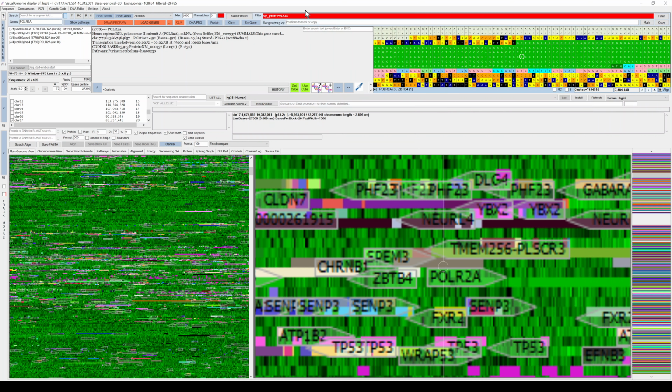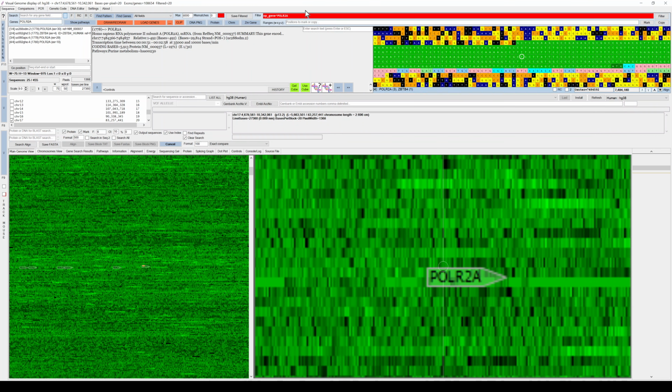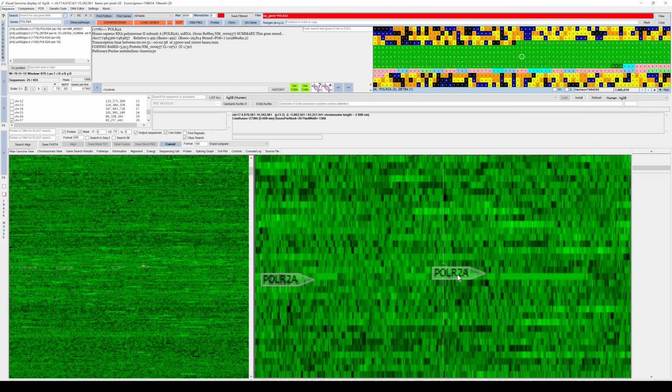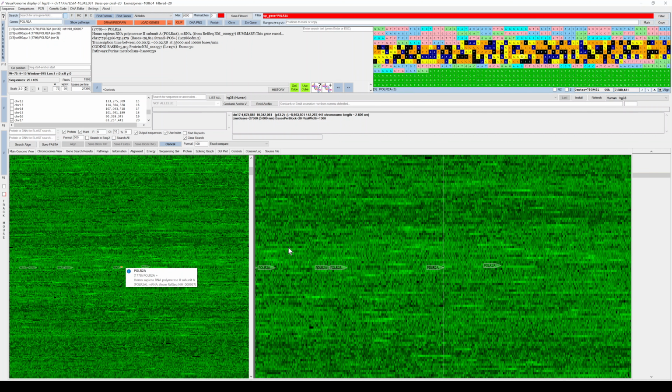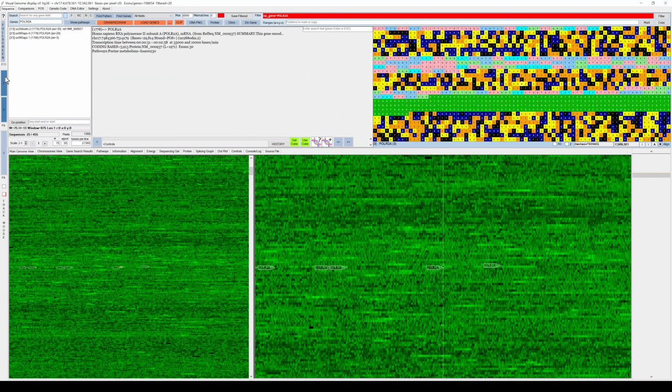So if you press enter, it's going to filter this view so that you can only see that specific gene. This makes it much easier to distinguish where it is on the genome. You can also make this panel a little bit bigger.